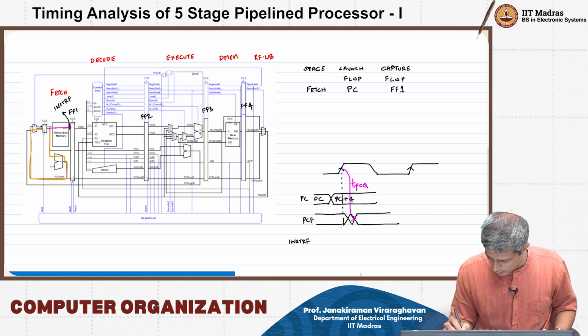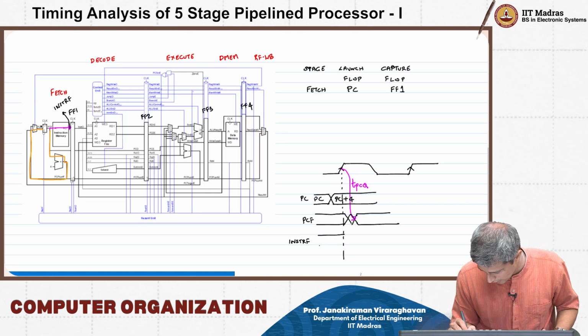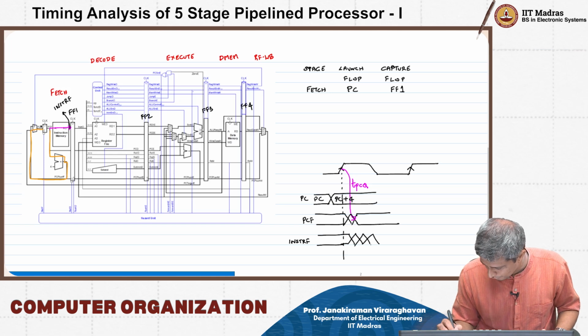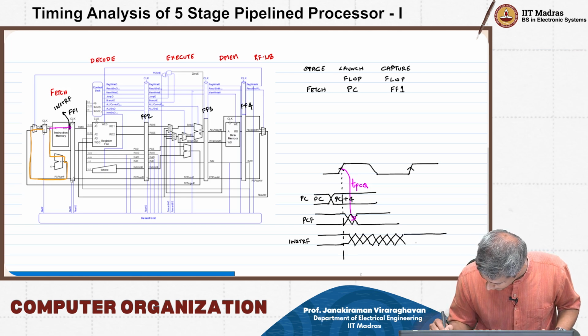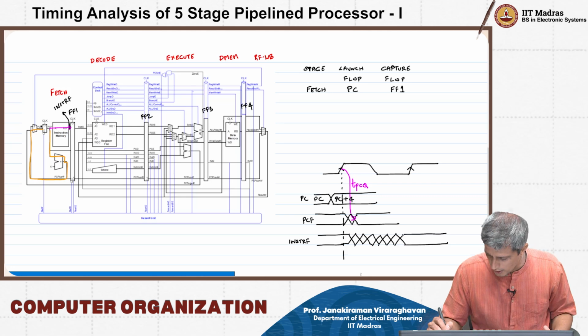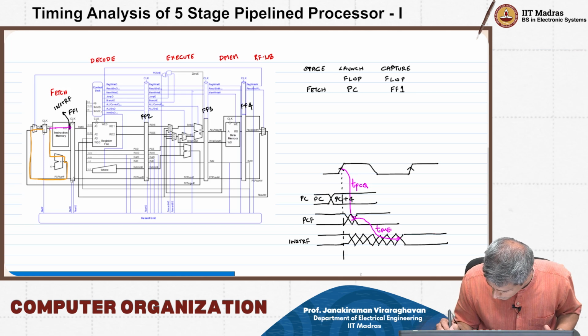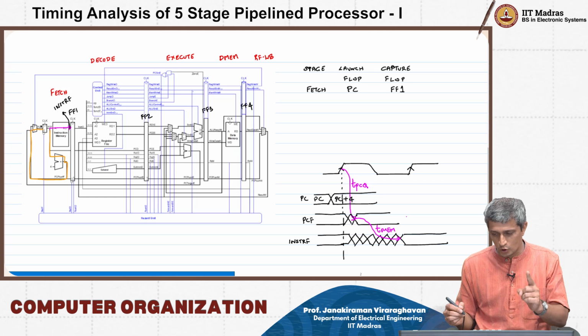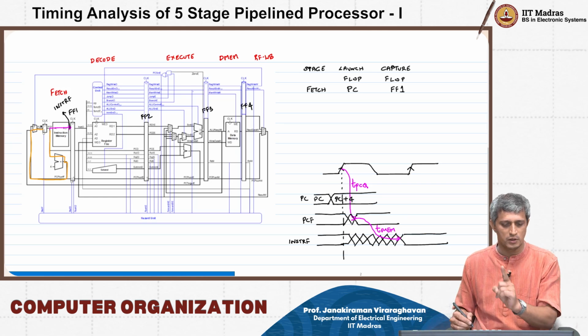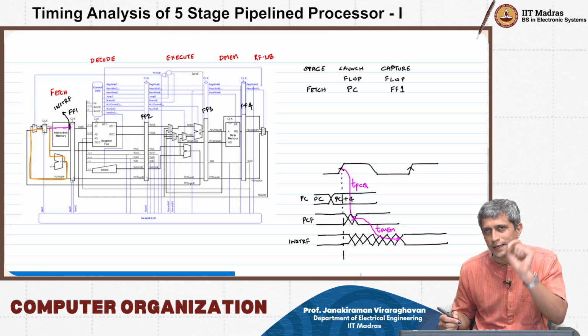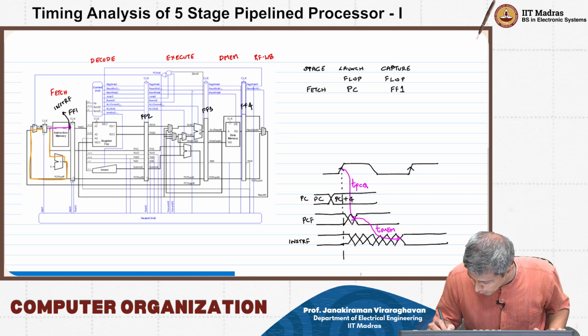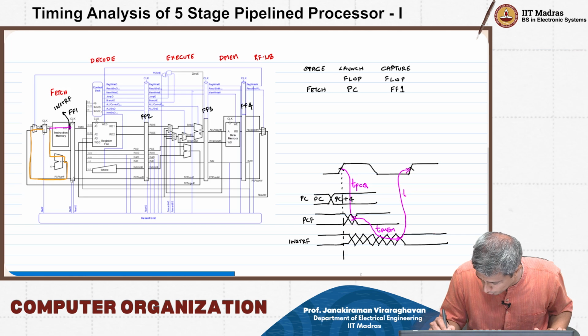So this is the time that it will take, and things will start changing very quickly, and it will take some time for you to read, and this is the time that we call TMEM. Okay, and of course on the next clock edge the FF1 flip-flop has to capture this, and therefore you have to set this up T setup before,